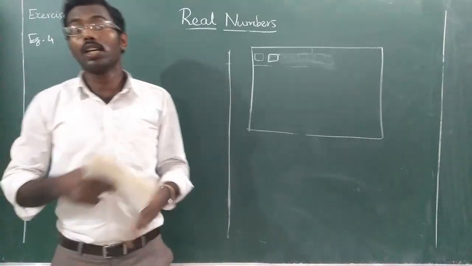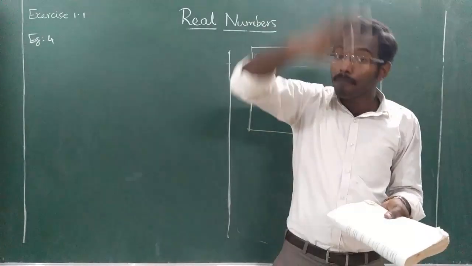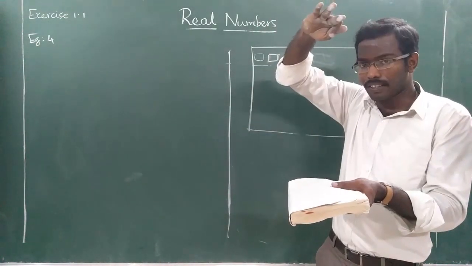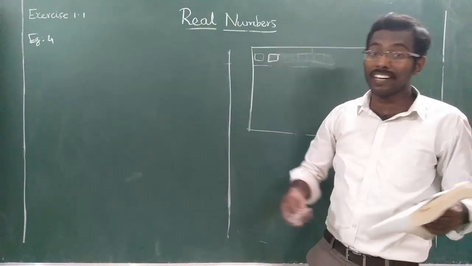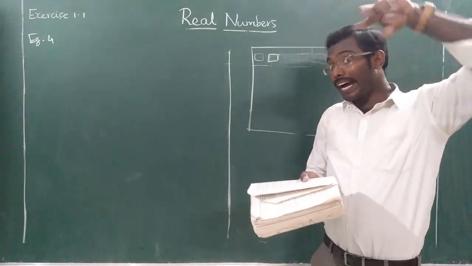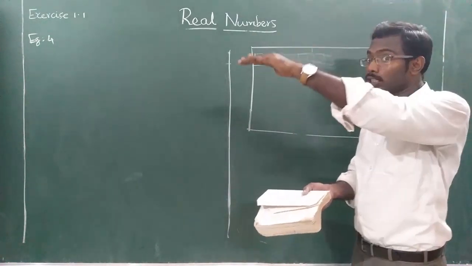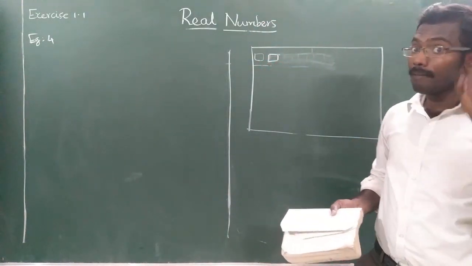Understood clearly? You should have the maximum number of burfis in one stack. Stack means, understood? One above the other. It may be 10 or 20 or whatever it may be. In each stack, the maximum number of burfis should be there, but at the same time, all the stacks should have the same number of burfis. Maximum.